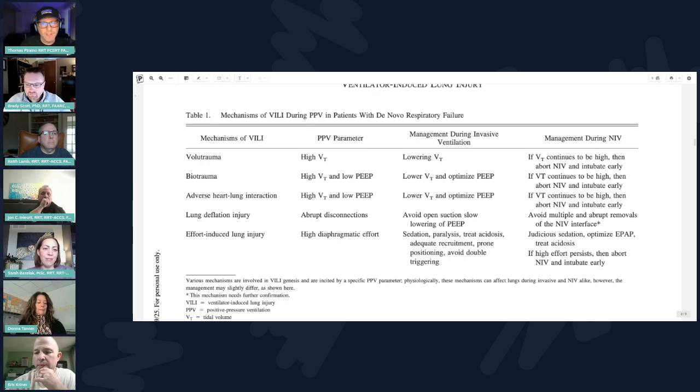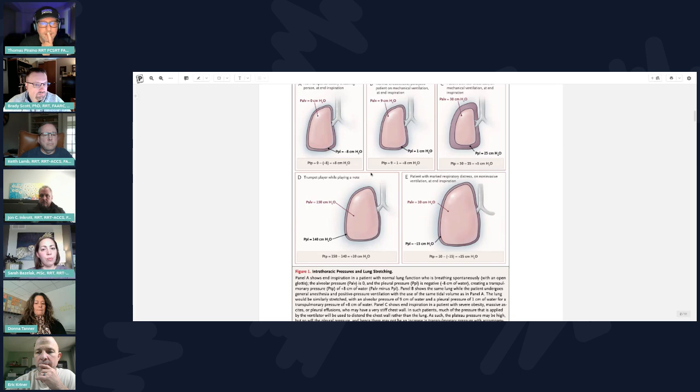And I've had this slide there because it really talks about managing all the things we've been talking about. But the last part of this table, of course, is that information there. And just before we finish off with this explanation, I'll quickly demonstrate this in that ventilator-induced lung injury article that I shared earlier. A patient on non-invasive ventilation with a maximum alveolar pressure of 10. This could be a patient on 5-on-5. If they have an extremely high effort, pleural pressure of -15, the transpulmonary pressure could be 25 centimeters of water.